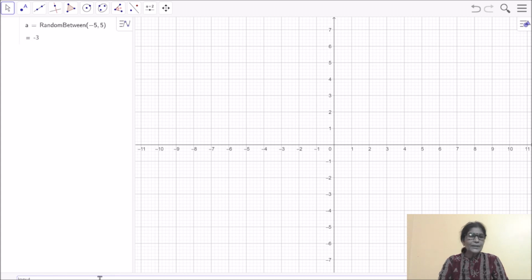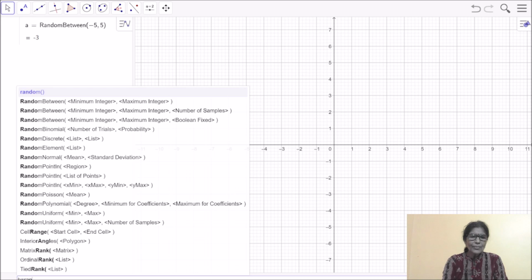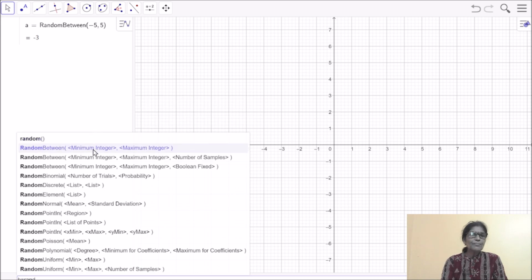Then I am taking another variable, b, which will represent the y coordinate. Again, if I give y is equal to random between, it will draw a line parallel to the x-axis. So here b is equal to random between, same logic.